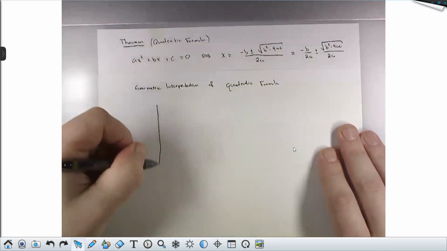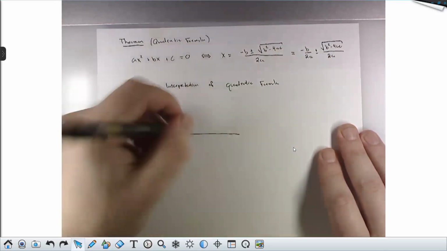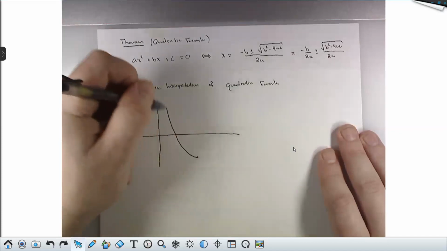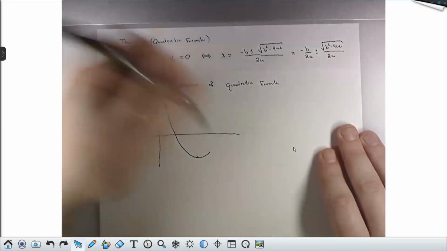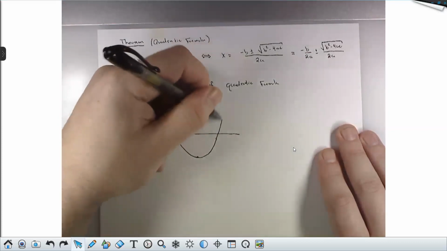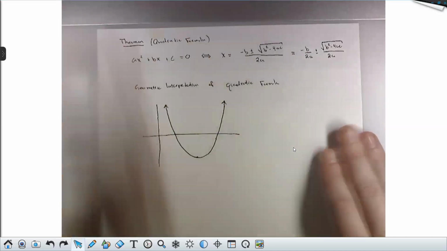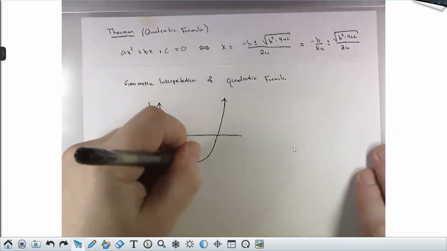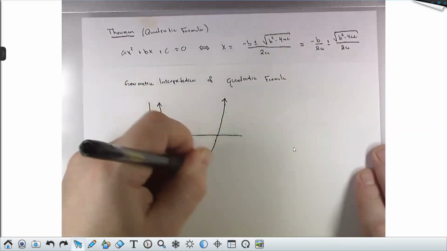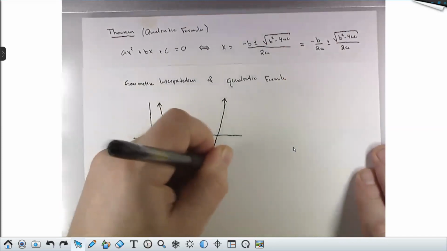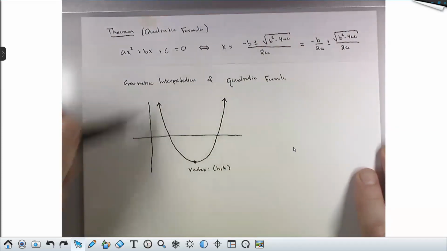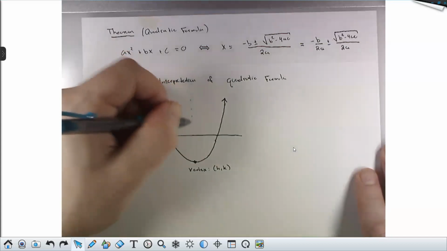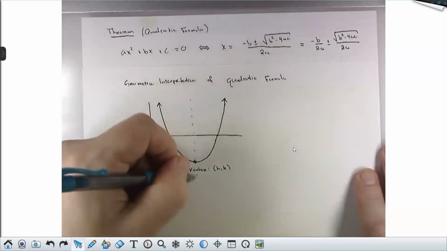So we know what the quadratic formula is, and we know what it does. It finds the x-intercepts for a quadratic. Now somebody, I don't remember if it was in this section or another section, said to me, are all parabolas even functions? The answer is no, not necessarily. But they all do exhibit a certain symmetry. So remember, being even means being symmetric about the y-axis. Not every parabola is symmetric about the y-axis, although many are, but every parabola is symmetric about this vertical line,